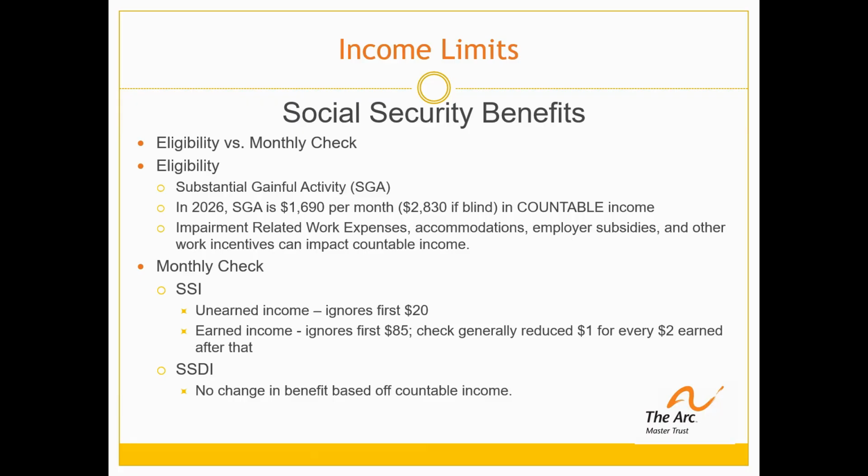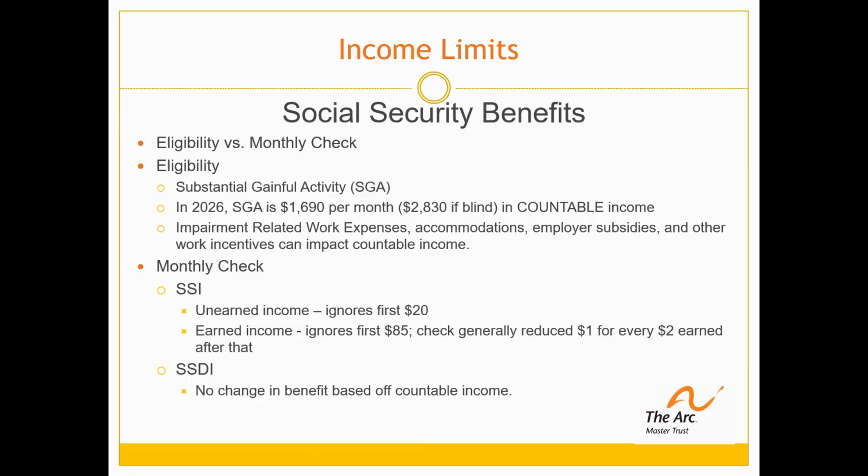You want to make sure that you provide information about accommodations and supports that an individual needs to be able to work. They can use those accommodations to adjust the income that Social Security would count in determining if they can achieve substantial gainful activity. Let's take, for example, an individual named Joseph, who needs to take specialized door-to-door public transportation to get to work. Social Security would consider that.